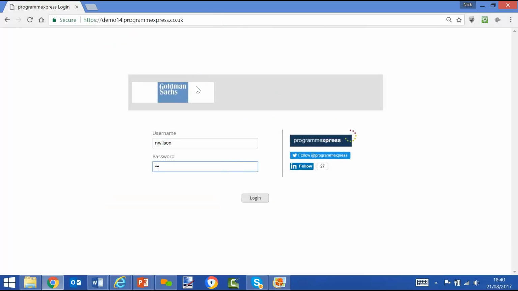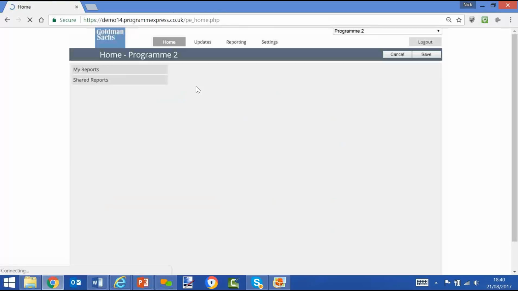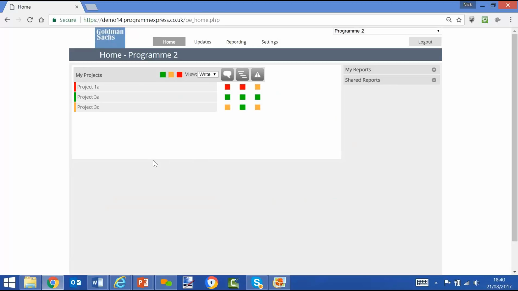So I will now log on the user with write access back into the home screen, but you will see a different view. You'll see a view of just the projects that they have write access to, and you will see just the modules that they can update. So in this example, we can highlight project 1A, and this user can update these three projects and these three modules. Starting with commentary,